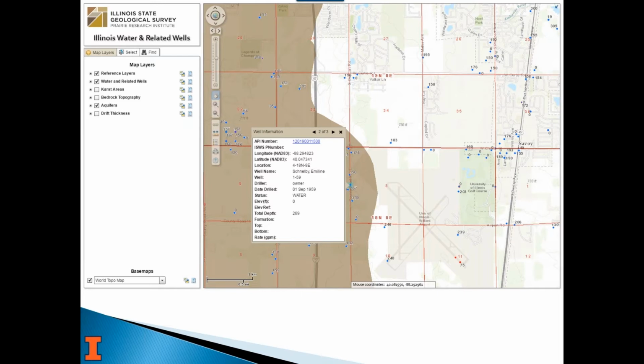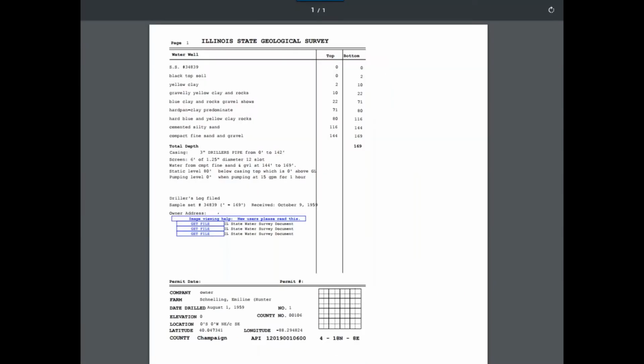It's 267 feet deep, 269. I think there's more than one well. There's 3, it says, well information 2 of 3. So there are 3 wells right within that same location. It gives you that, and if you click on the API number, which is the State GeoSurvey's way of recording those things, you get a log that's produced based on data in their database. They take the driller's log and put the information in a database, including the geology, and then this gets spit out.